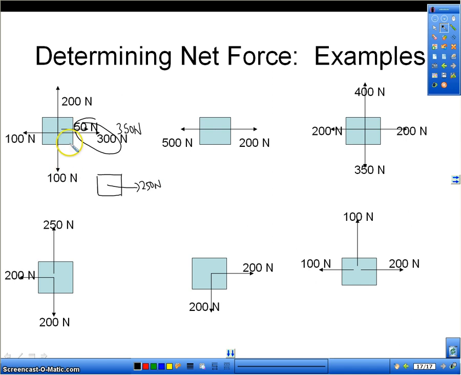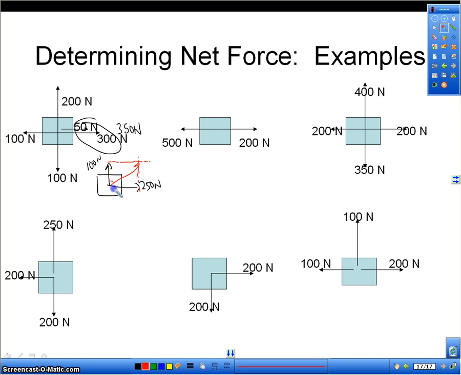In the up and down direction, I have 200 up and 100 down, which give me a net force of 100 up. So the first thing I've done is I've gone ahead and figured out in the left-right direction and the up-down direction what the net forces are for those directions. Now the total net force is going to be the one vector that I could replace with those. So I'm going to use completing the parallelogram,